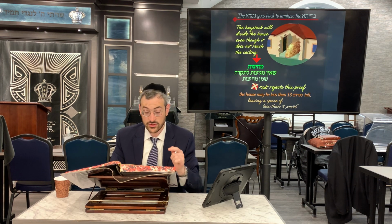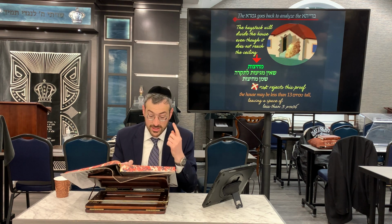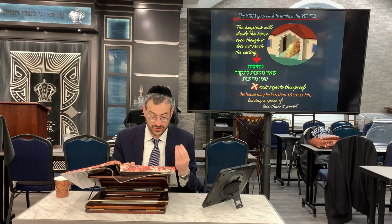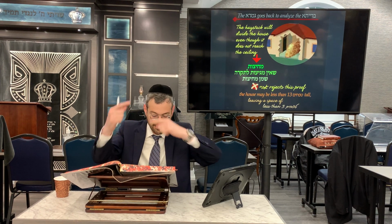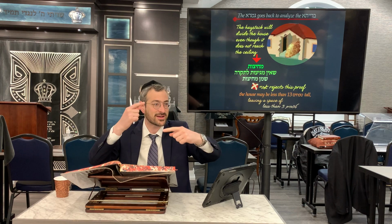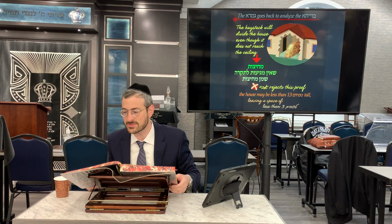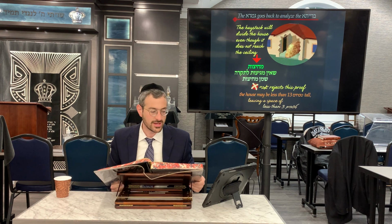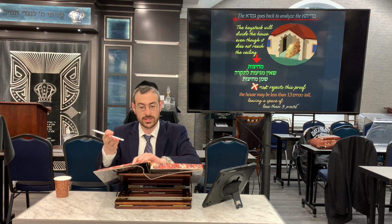And actually, Rabbi Shloimy Schwartzberg says you can even say that the house has only a 10 tefachim ceiling. Now the difficulty obviously is, how could you then have the straw diminished and still be a mechitza of 10 tefachim if the ceiling itself was only a height of 10 tefachim? So now the Gemara continues. He says because actually the pile of straw is only 7 and a little bit